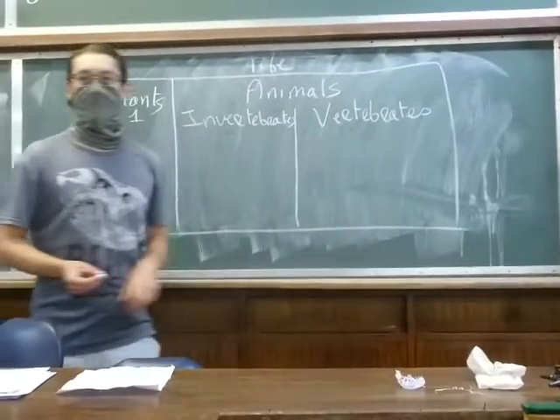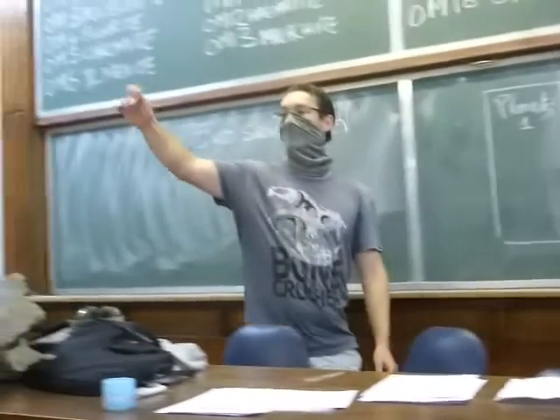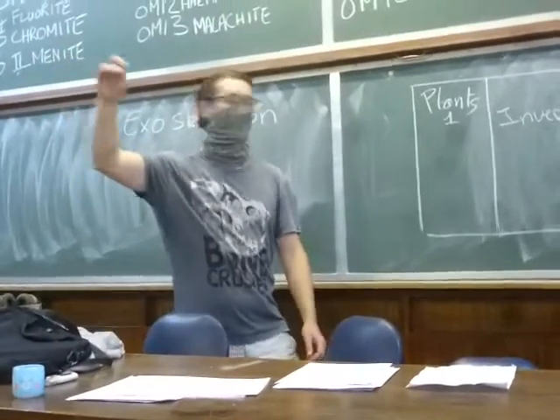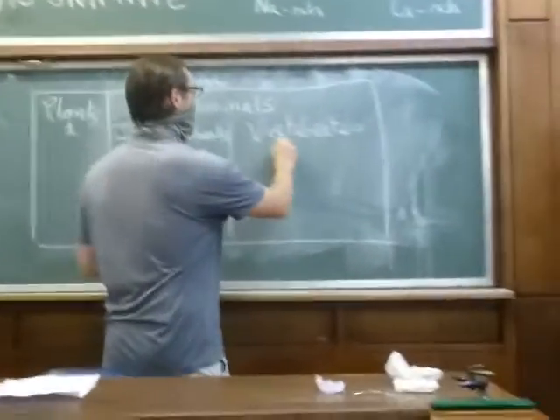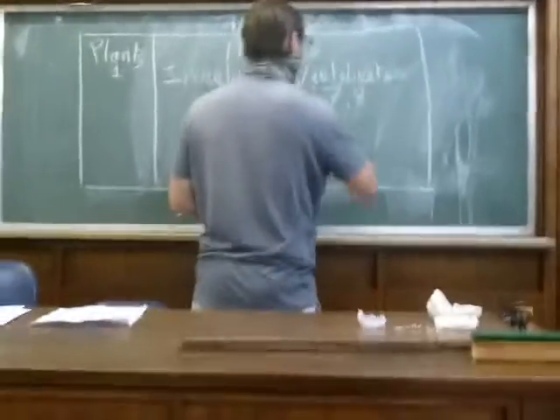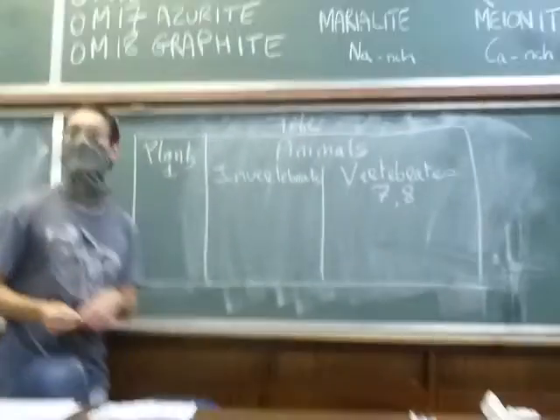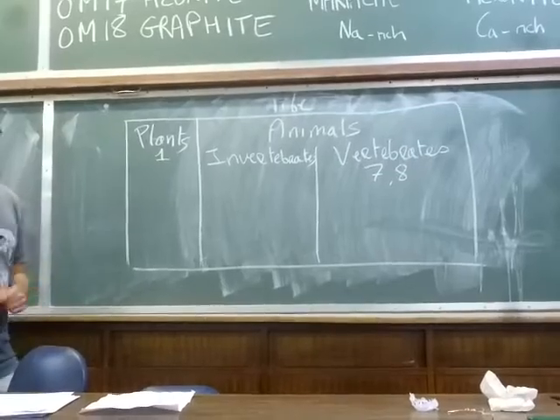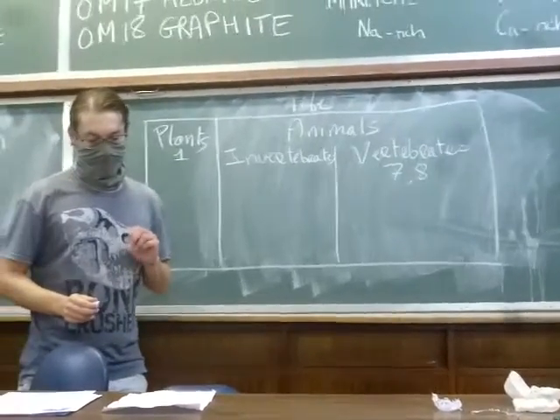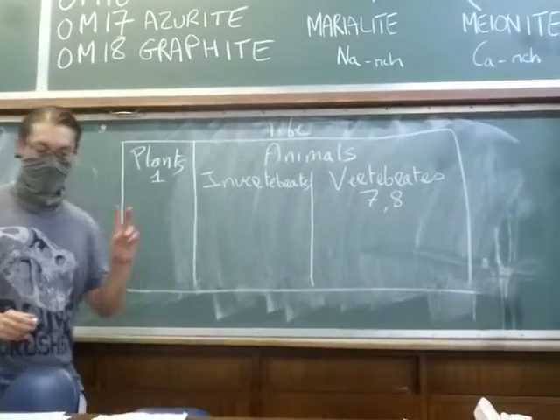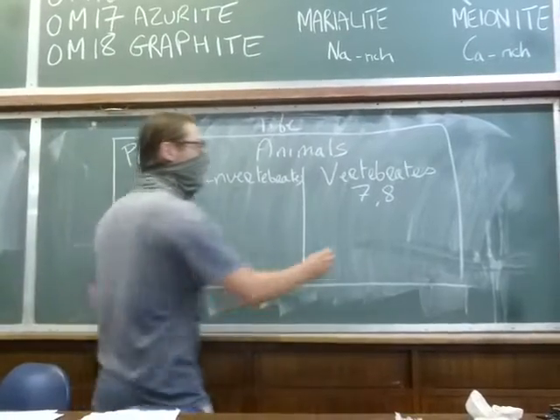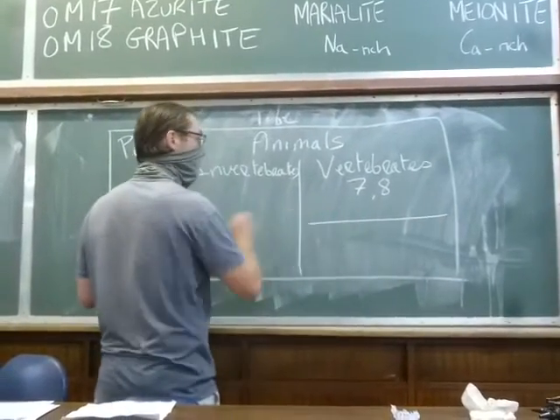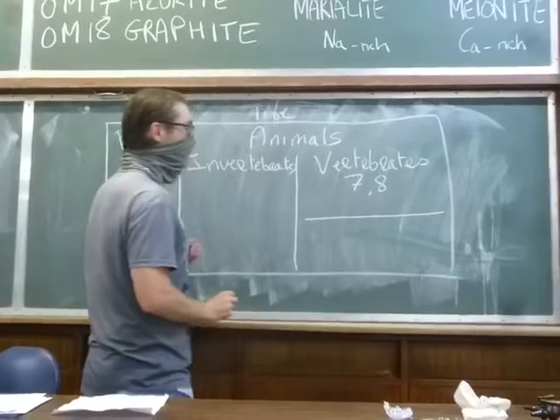So let's start with the vertebrates. So the vertebrates are the last two rows of the room. So row 7 and row 8. And in vertebrates, you have here 4 different types of animal. Well, let's first divide them in two. So we divide them in two.